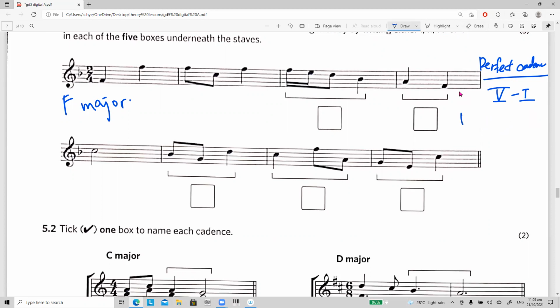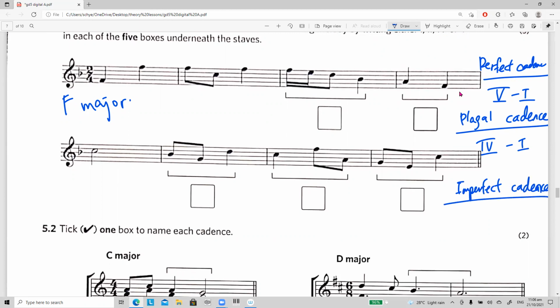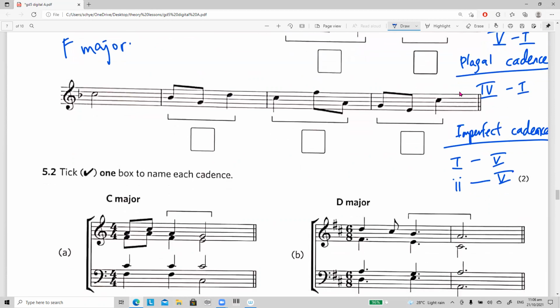Plagal cadence is 4-1. Another type is imperfect cadence. Imperfect cadence can be anything going to 5. It can be 1-5, 2-5, 4-5,